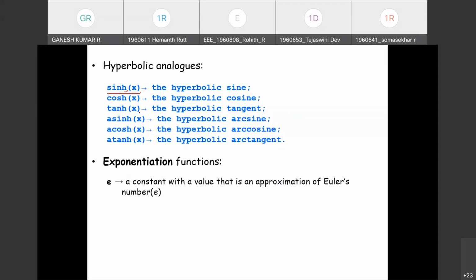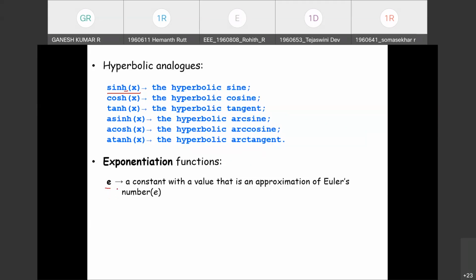We have another group of math functions formed by functions which are connected with exponentiation. For example, e. e is a reserved word, a constant with a value that is an approximation of Euler's number. So e is a constant used in Python programming, representing an approximation of Euler's number.